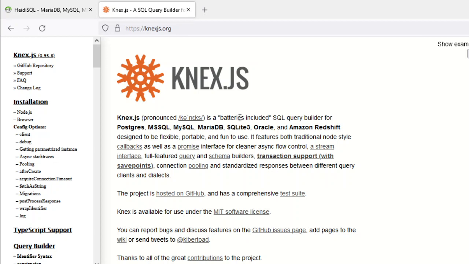If you are also familiar with Sequelize, this type of ORM is one of the tools that help us improve how we perform queries on our database. So this ORM really helps, but